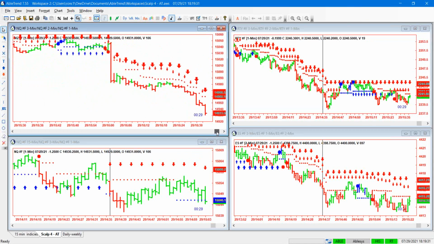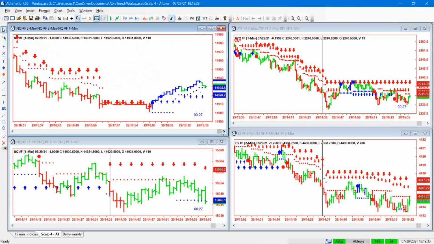But the afternoon was real choppy. We got killed, but it was just real choppy. So what I'm trying to do is, I've been wanting to put these charts up for months now, but